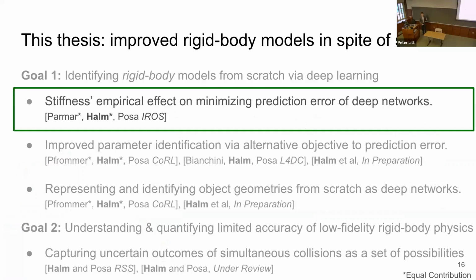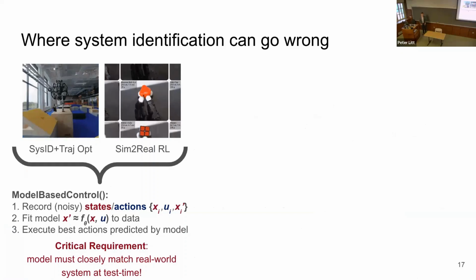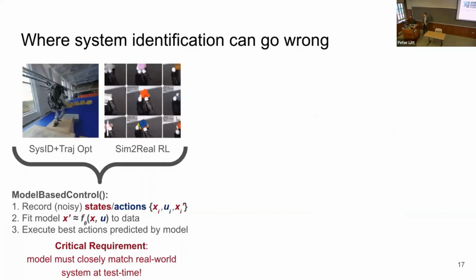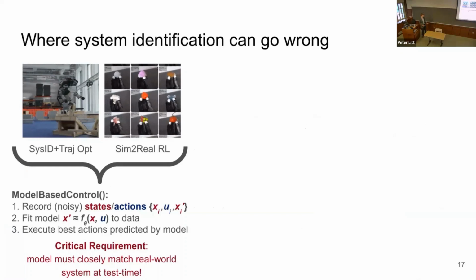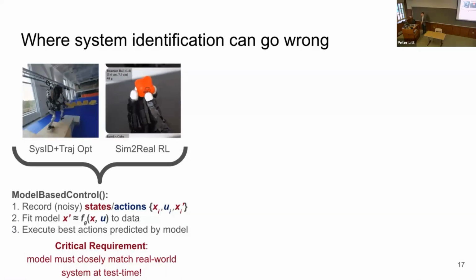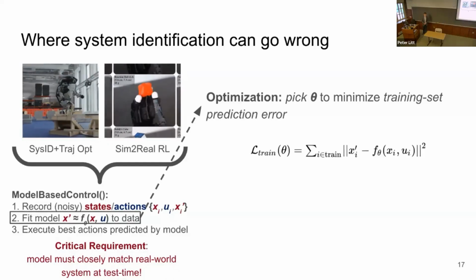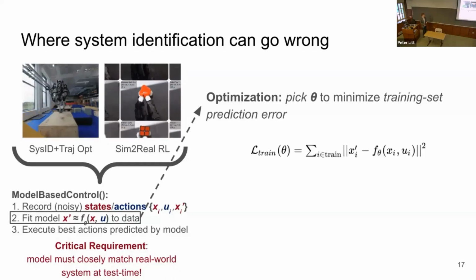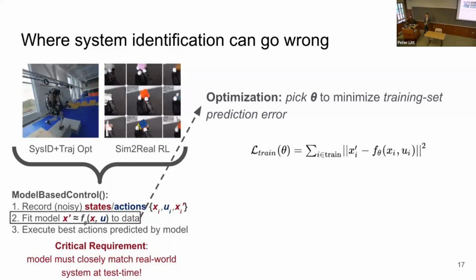So with this background, now we're going to examine how we can learn the parameters of models of this type. And because we're going to be embedding deep neural networks into them, we're now going to discuss classically how the stiffness of these systems has resulted in poor learning of their dynamics. As a reminder, we're using these learned or identified models inside a model-based control framework. And there are two key steps in here, depending on your model learning algorithm, that need to go well. One is an optimization step. It's when you fit the parameters of the model you have to the data that is available.